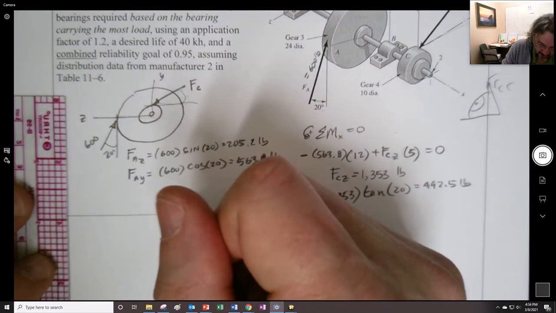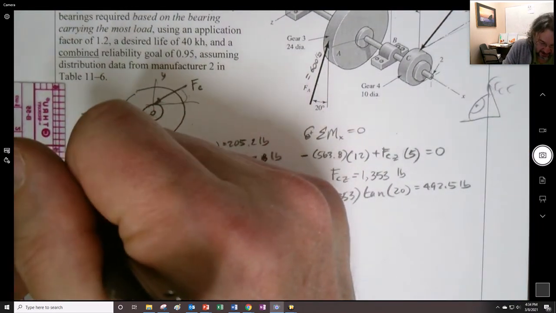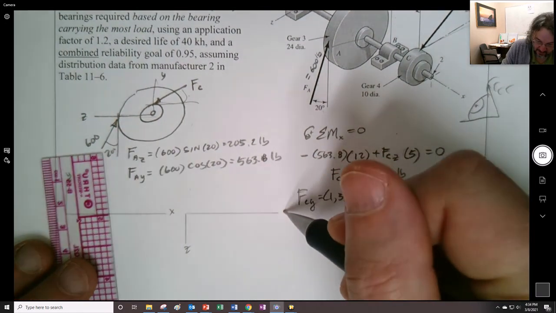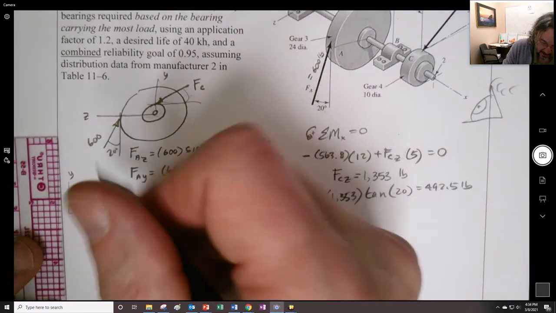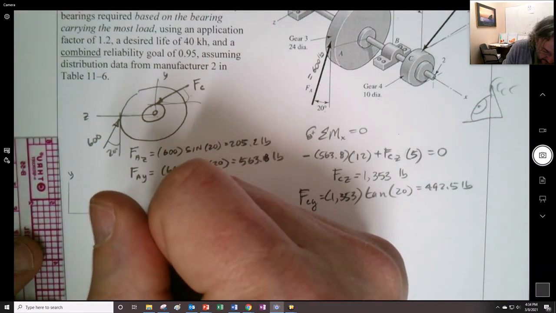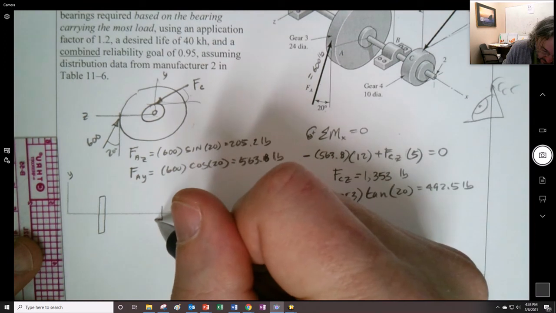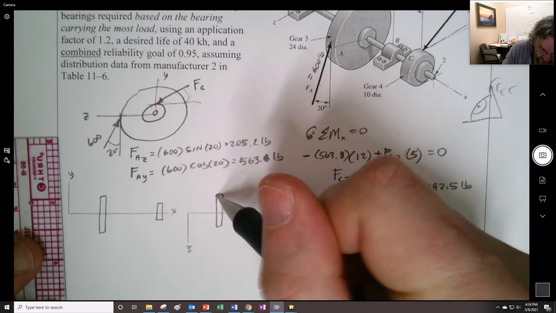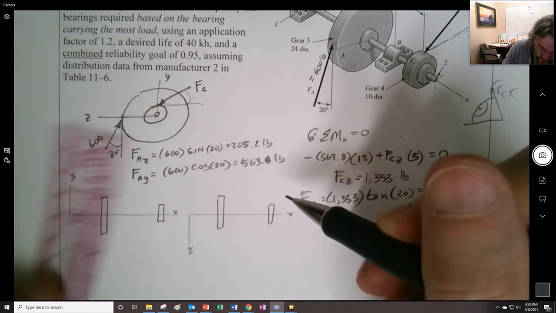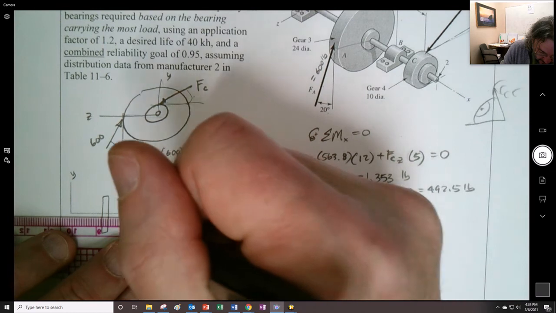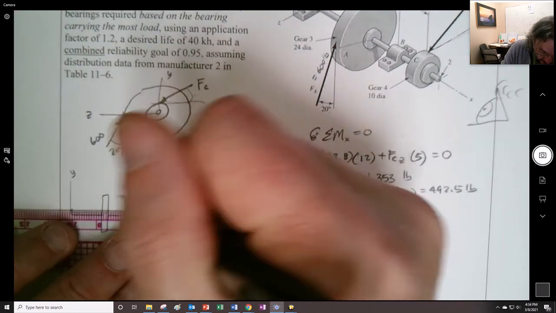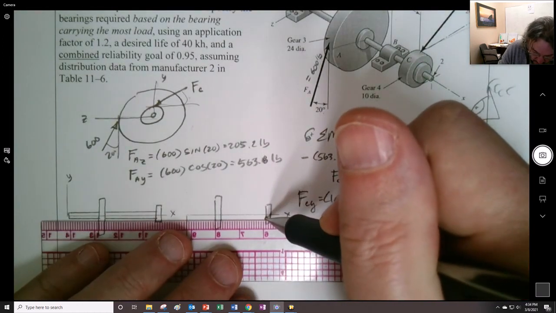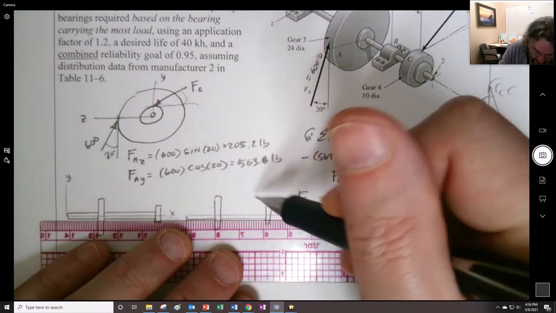I'm going to have this is my X, and this is my Y right here. And now this is my Z right here, and this is my X. And I'll sketch this thing out. We'll draw this in. I'm going to make similar sketches. And I'll make the shaft in there. Make it look correct, or thereabouts. And it'll be a good practice here to do the